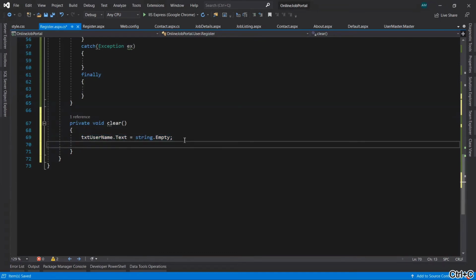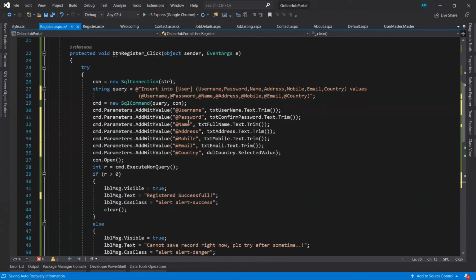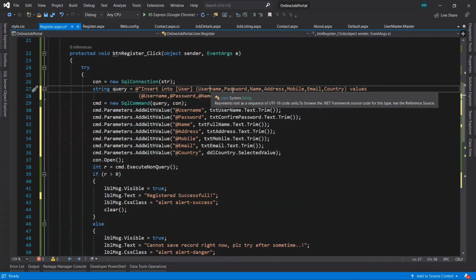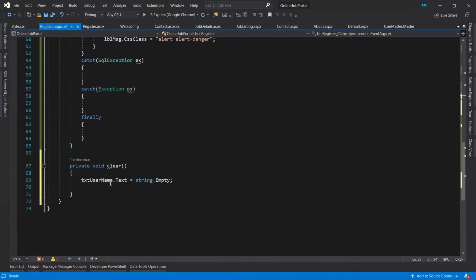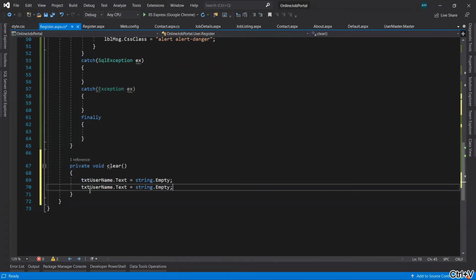So how many fields do we have here besides the username? One, two, three, four, five, six. The country is a different one, so six, and one we have already taken, so five we have to take.